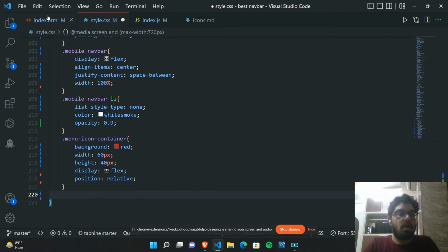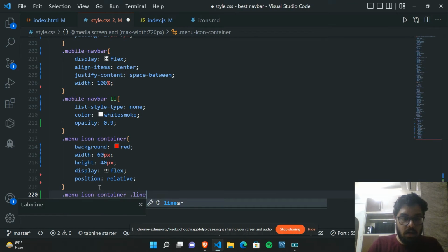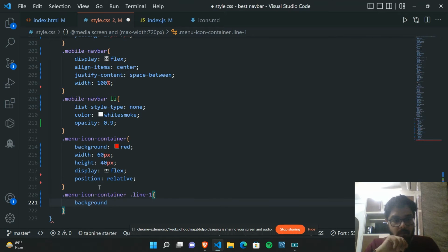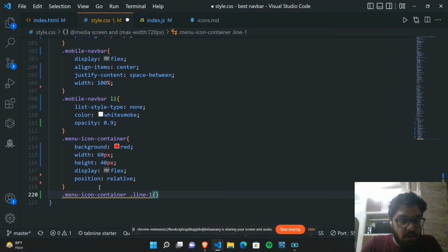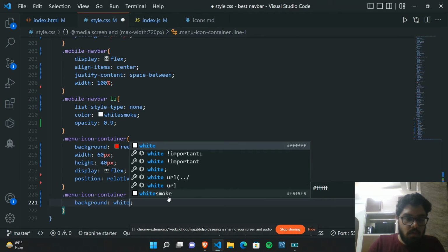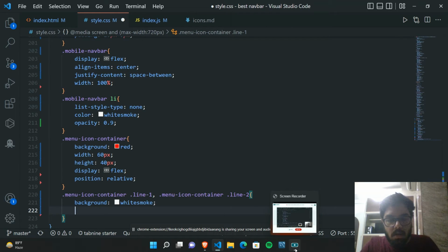Now let's come to the actual part. Menu icon container and line 1, dot menu icon container dot line 1, background. Actually we have to do both of them. So comma, just copy this, control C, control V, and line 2, and background white smoke, background white smoke, and